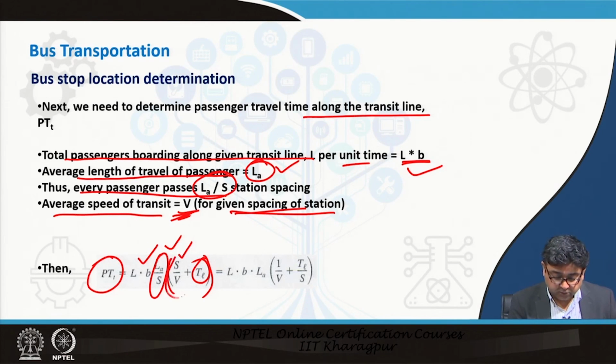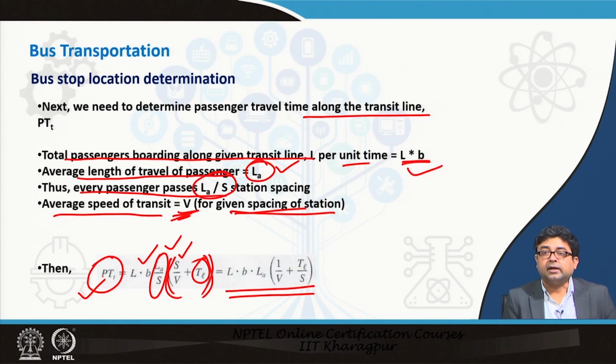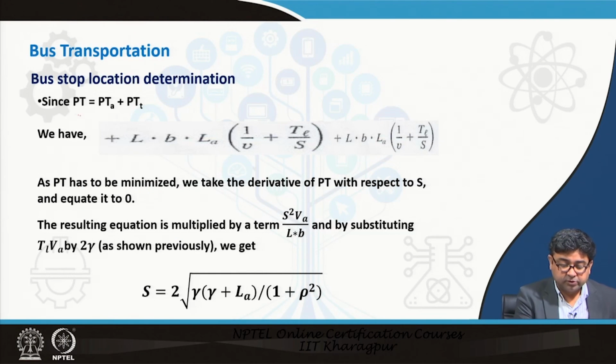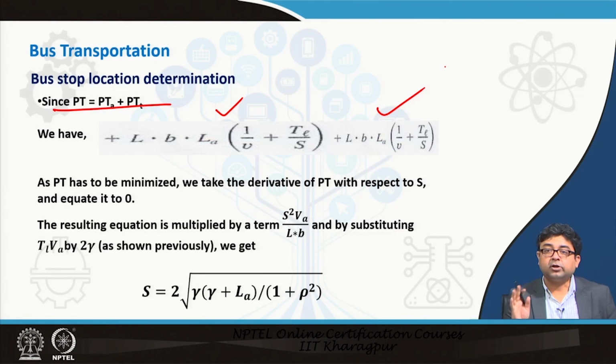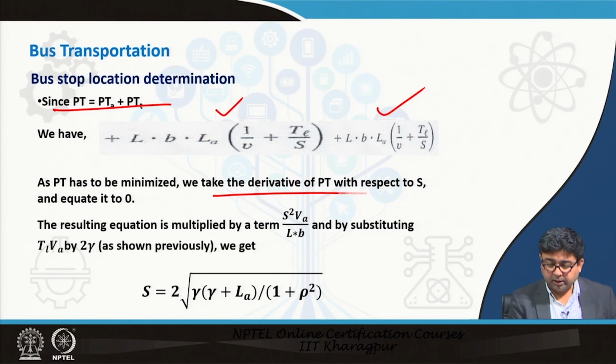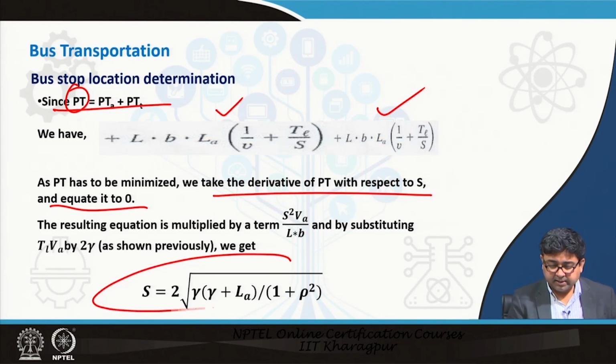So, if you use this term, then what you get is the passenger travel time on the transit line as L times B into L A times 1 by V plus TL by S. So, now if you add both of those terms, since PT is equal to PTA plus PTT, you get this, and eventually what you have to do is, since you have to minimize the travel time, you do a derivative of PT with respect to S and equate it to 0, and what you are going to get is S